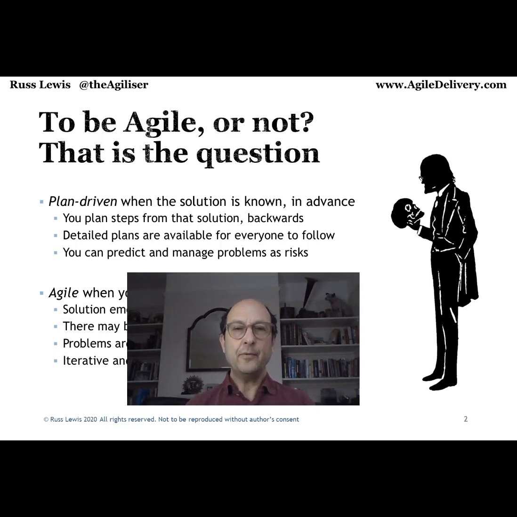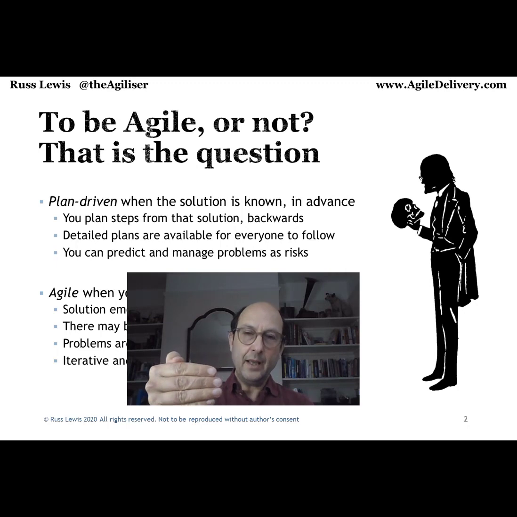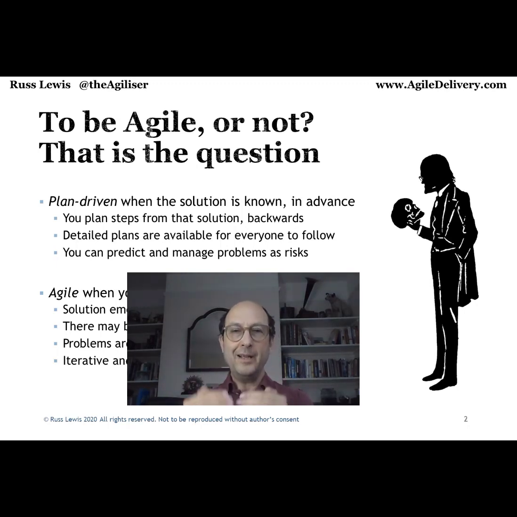So the plan-driven approach says, I start with the end in mind, I work backwards, I look at all the things that might go wrong in the course of that, and I plan, I mitigate for those. Good example, as good as any really, is building a house. You know what the house is going to look like. You've probably got some drawings and artist's impressions. You've had a structural architect do the stress calculations, and you share the plans with your builder, and off you go.